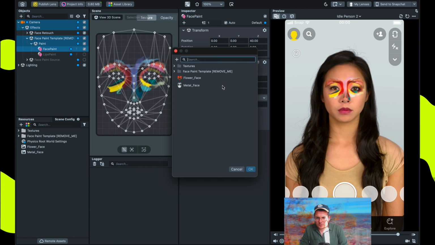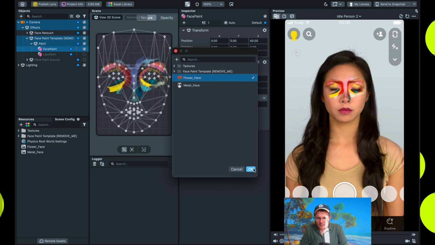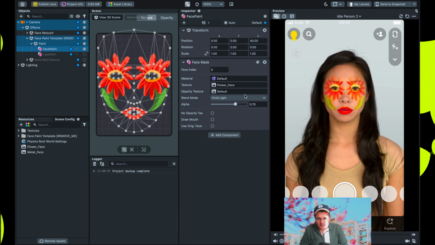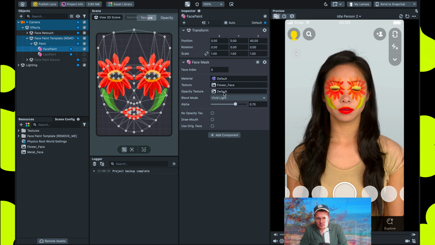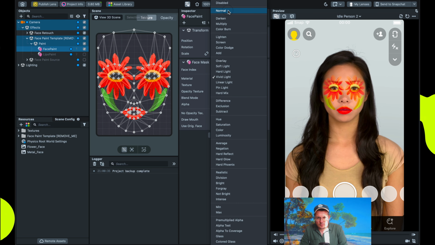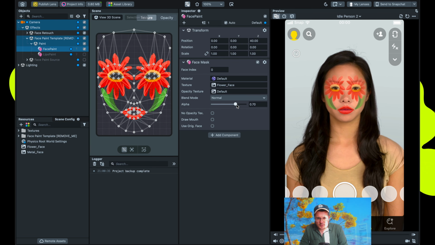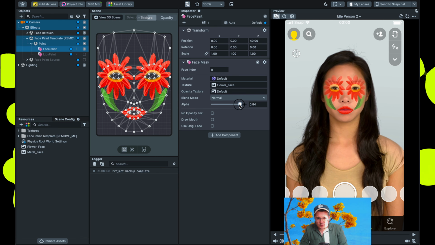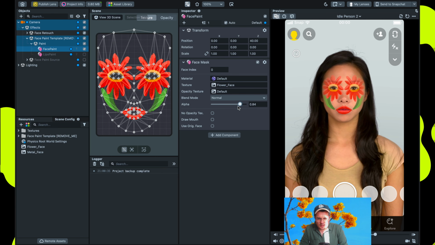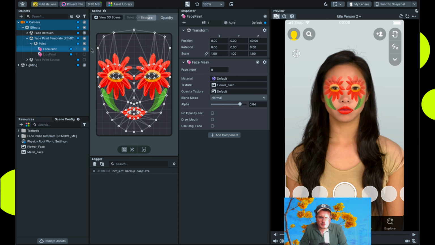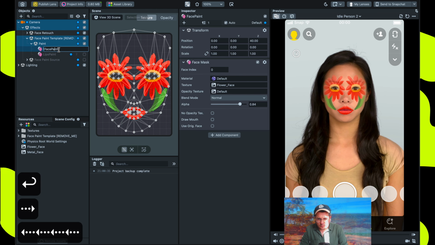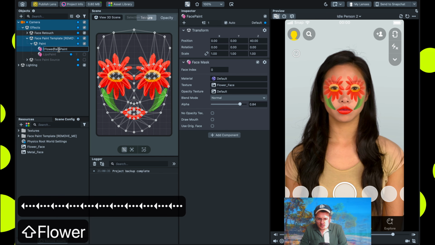Now as you can see, this has already got a paint texture in there, so if you click on that, we're going to select our flower face that we've just imported, and as you can see, it straight away changes. And really, if you want to leave it like that, you could, but I'm going to show you a little bit about the blend modes. So let's change it to normal, and let's change the alpha, and what the alpha does is change the transparency of our texture. So we'll leave it at 0.84,